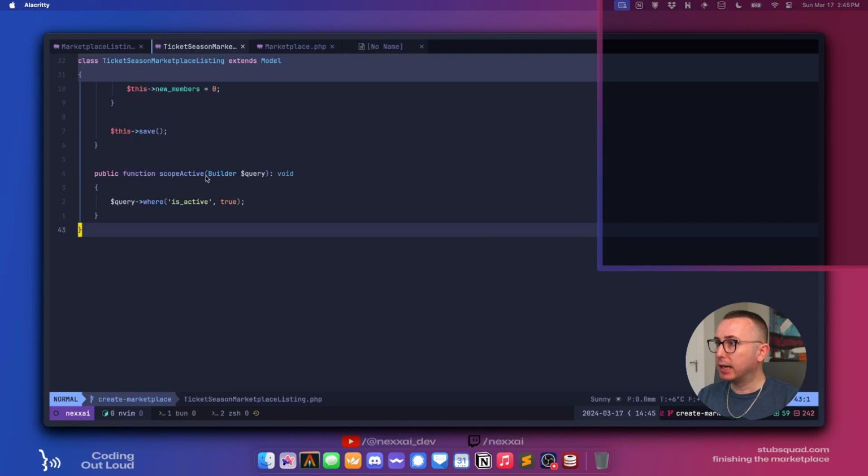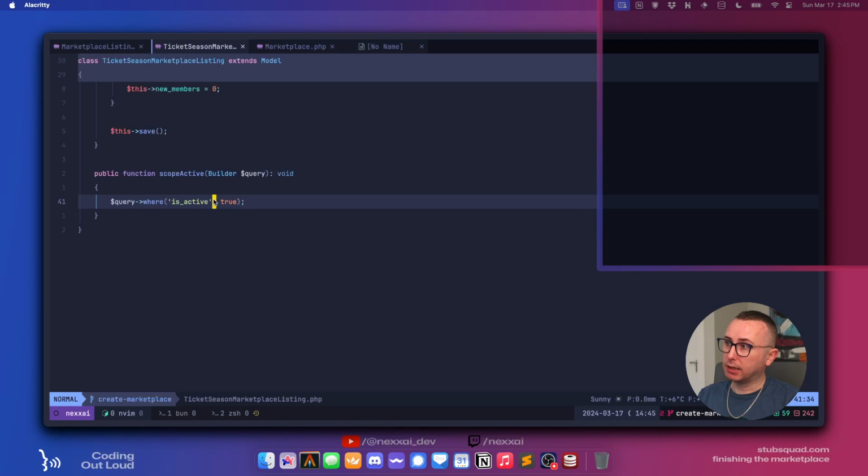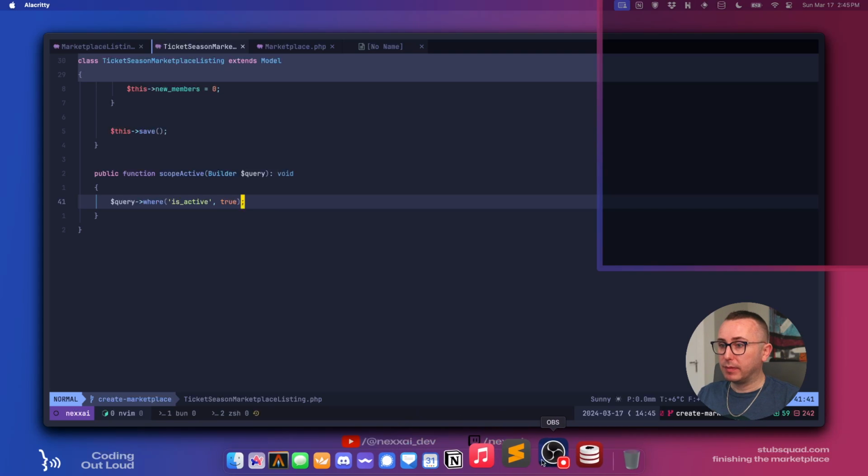So if we go into the marketplace listing model, right now our active is basically just saying where is active is true. The other thing that we want to make sure of is that the ticket season it belongs to hasn't been completed yet.